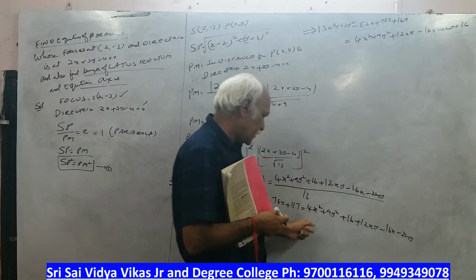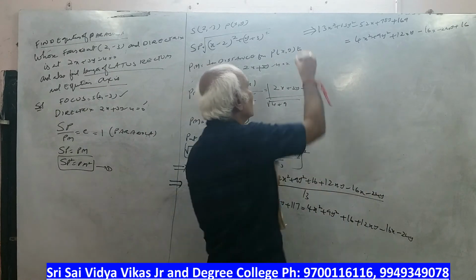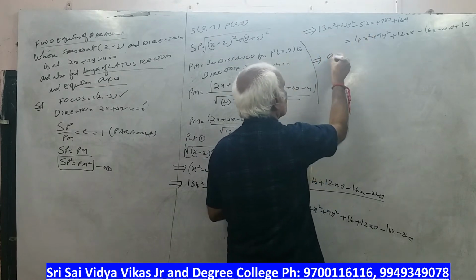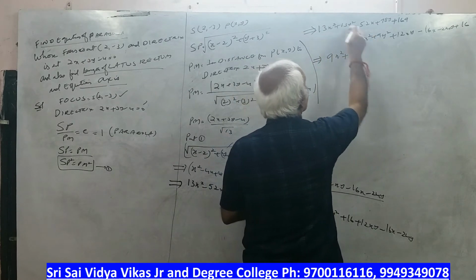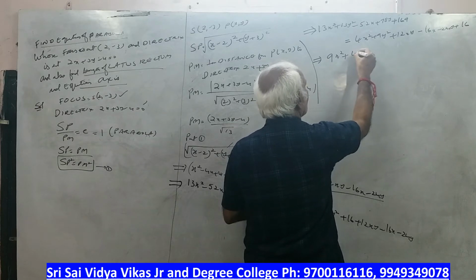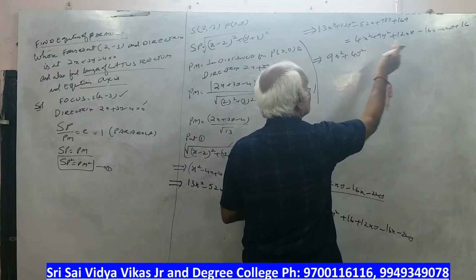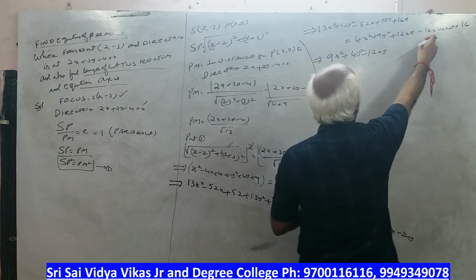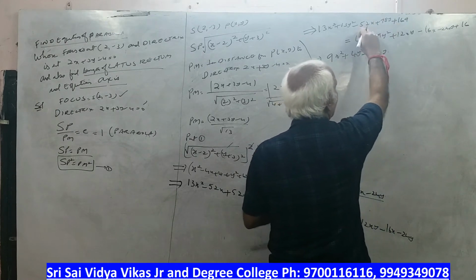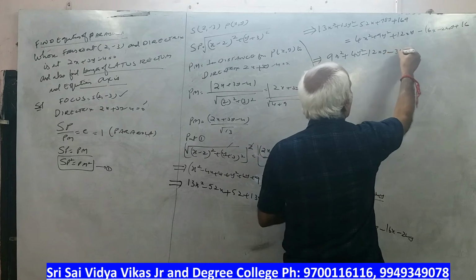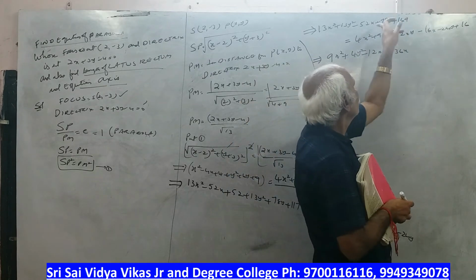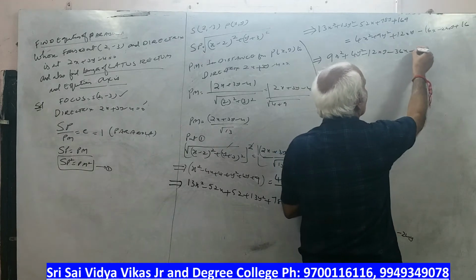So I have expanded this. Now bring the terms to this side in one step. I am writing 13 minus 4, 9x square; 13 minus 9, 4y square; minus 12xy. Minus 16, if you bring it, becomes plus 16, but here minus 52 is there, so minus 36x. And here minus 24, if you bring it here, becomes plus 24. So how much does it become?